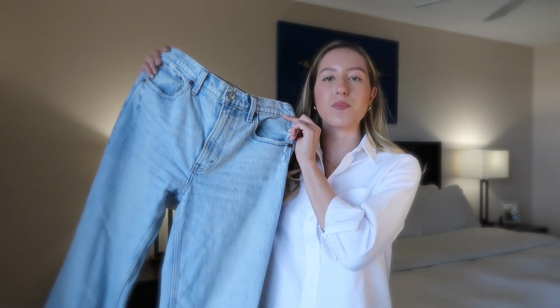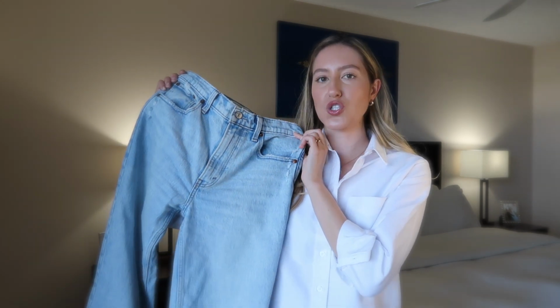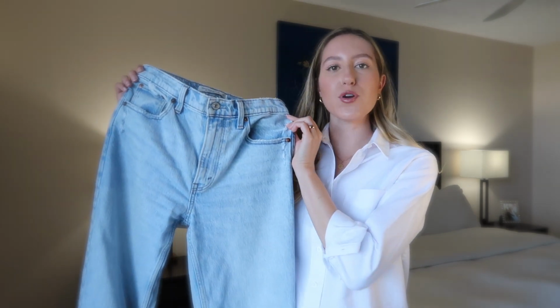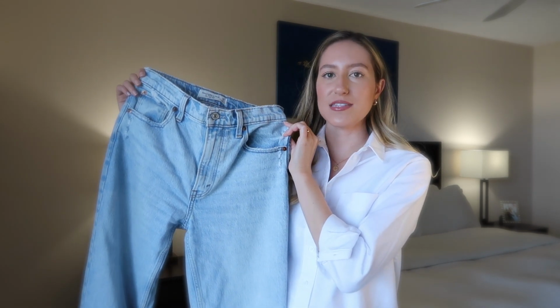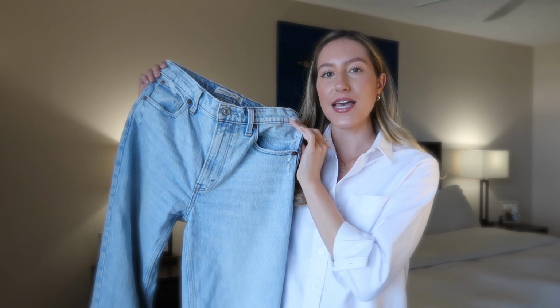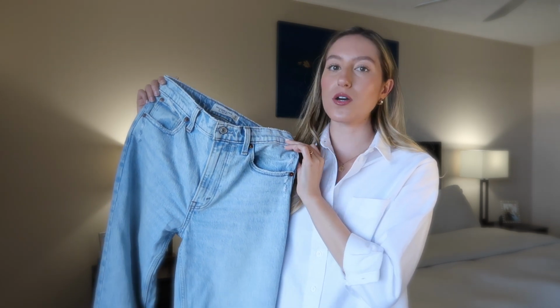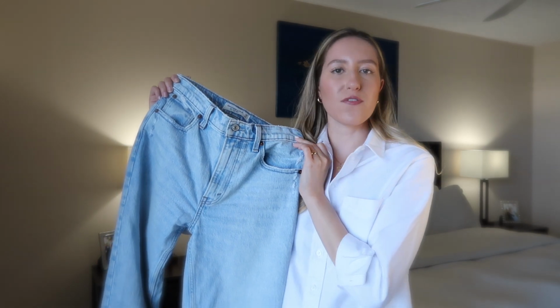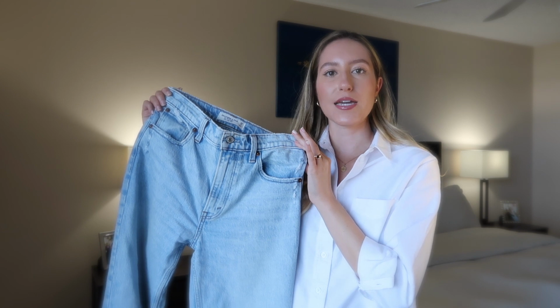My number 1 for a casual capsule wardrobe being a pair of jeans. These ones I have been loving so much lately. These are the Abercrombie's 90s ultra high rise straight jeans. I wear them in a size 26 and they fit me perfectly. They are very comfortable, but also extremely flattering. They are very figure hugging around the waist and the hips, but they are a straight leg down the thigh